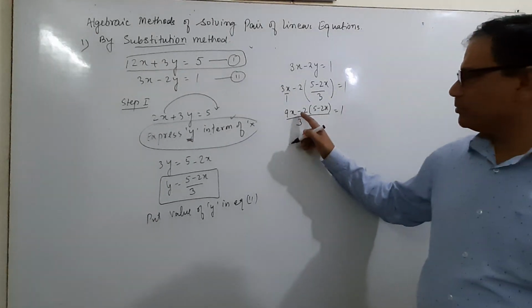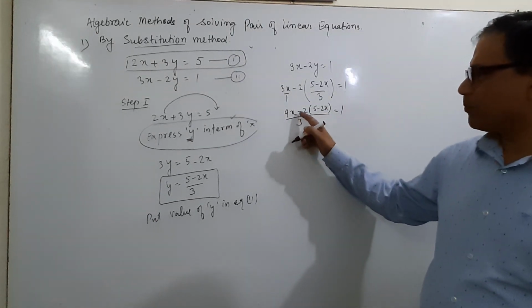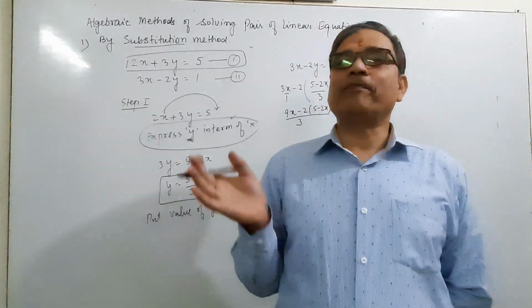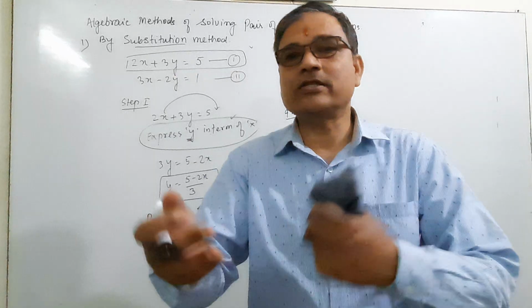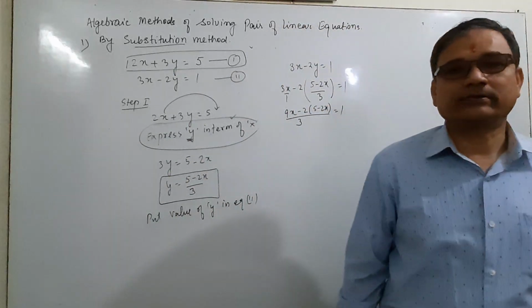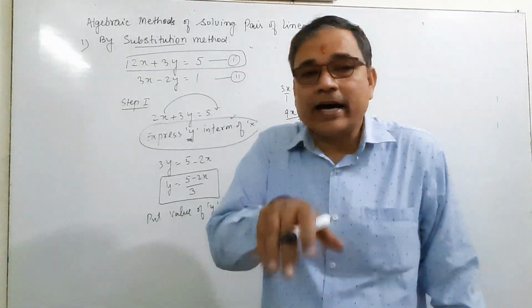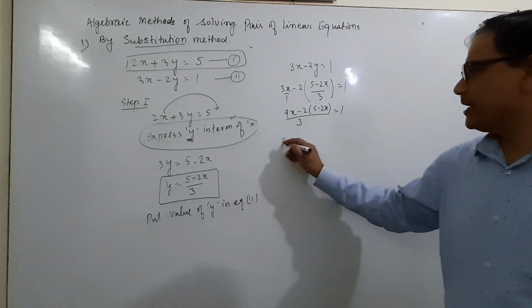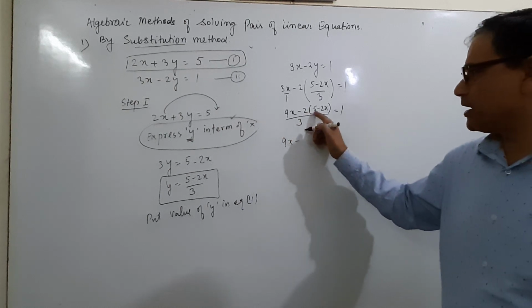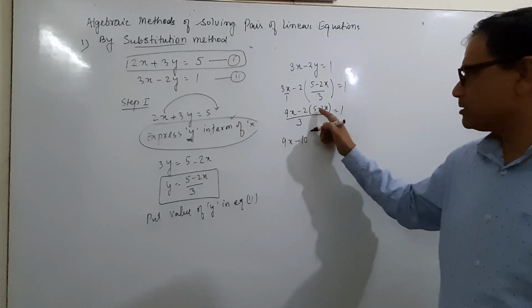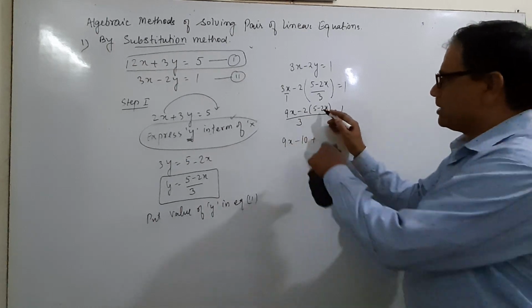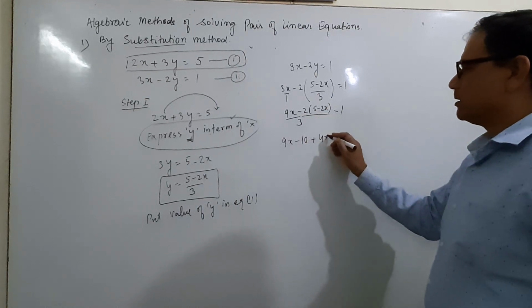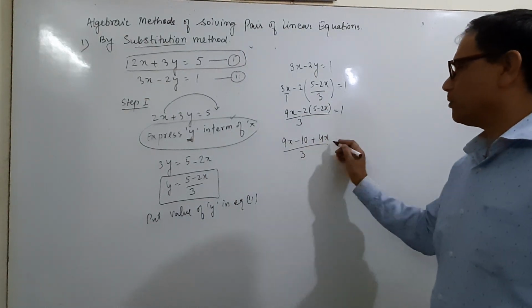And then what we will do? Bracket open. Here is minus. If there will be a minus sign before the bracket, then what we will do? Change the sign inside the bracket. So now, tell me, here is 9x minus 2 5s are 10, minus, this will be plus, this minus, and this minus plus, and 2x multiply 2 is 4x upon 3 equal to